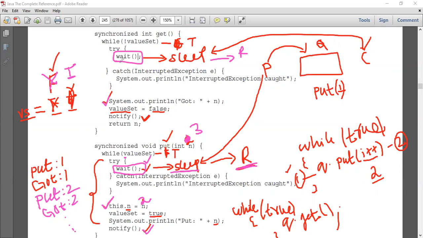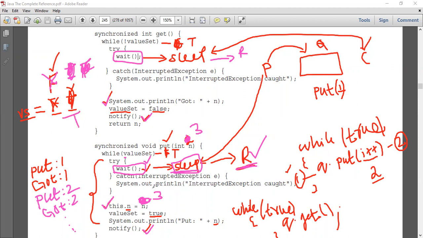That's what it is, sleep. So once it puts, got 10, that is value called 2, what's going to happen? I'm changing the value set to false. Now the true value has been changed to false. Again, I'm trying to call notify. When I call notify, the producer which is sleeping will start running again. So when it starts running, I'm changing the value to 3. I'm changing again the value set to true. Okay, now the false has become